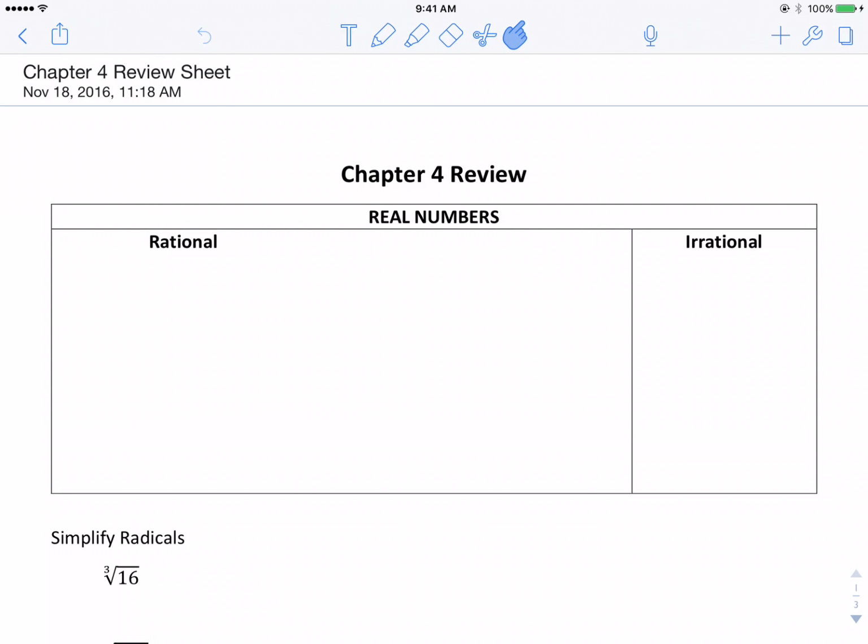Okay, so two quick videos here to very briefly go through the guts of Chapter 4. Chapter 4, Sections 4.1 and 4.2 talked about our real number system, how to organize numbers on a number line. You should do a little bit of practice on that. I don't have an example here on this sheet. And then the other part was talking about how our real numbers are divided into two parts, rational and irrational